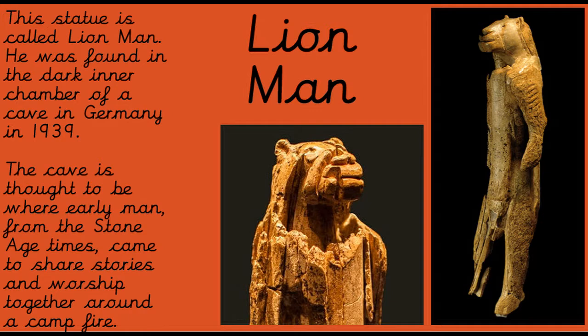This statue is called Lion Man, and he was found in the dark inner chamber of a cave in Germany in 1939. He was found by 2 scientists, and he was in lots and lots of small pieces. The scientists knew that this was an exciting discovery, but then they were called to war, and so the pieces lay forgotten about for some time until somebody reconstructed the pieces and found that the sculpture was of this Lion